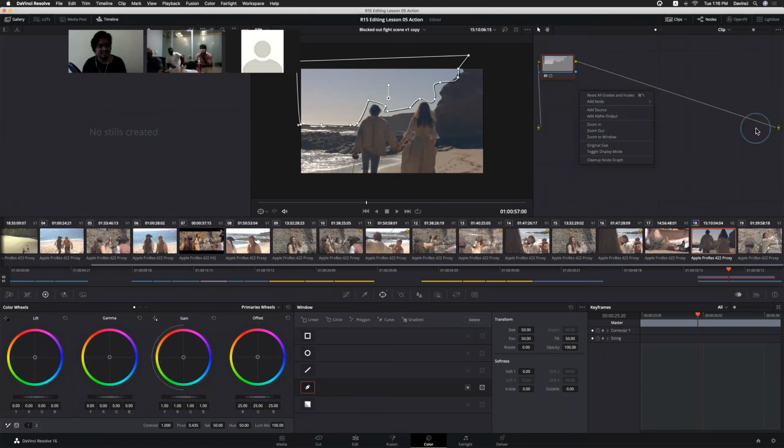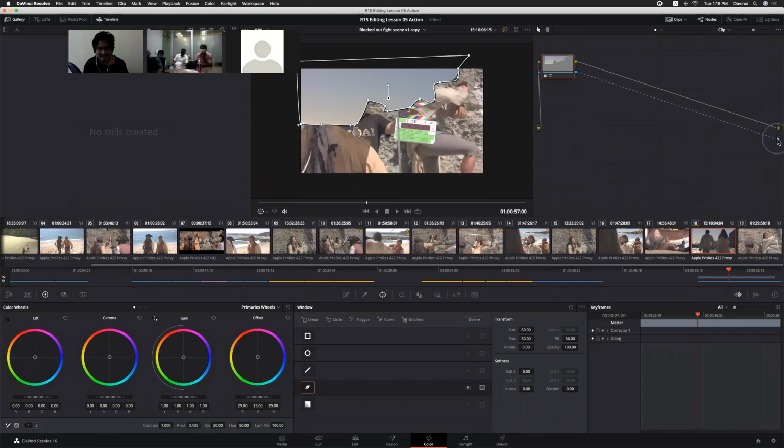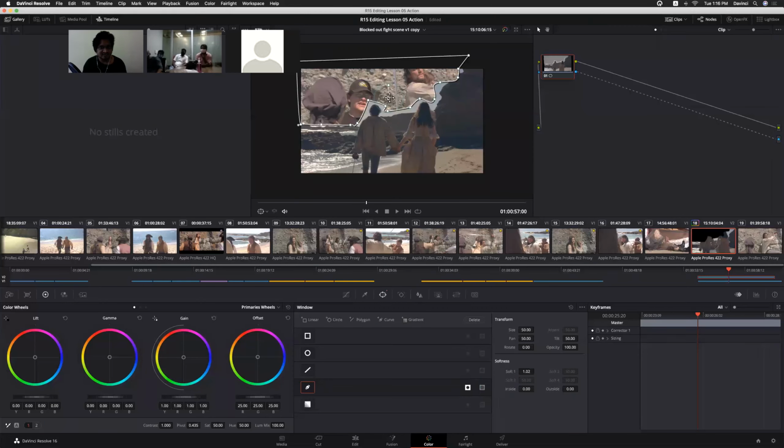Anyway, I will explain about nodes and everything in the next session, what the different kinds of nodes are. Add alpha output. Now you can see one more output for alpha. Now simply select and drag that one, but it's a kind of inverted thing, right? Now you can use soften and everything, and simply invert that sky. Now this is what you are asking pretty much, right? The replacing of the sky and everything.